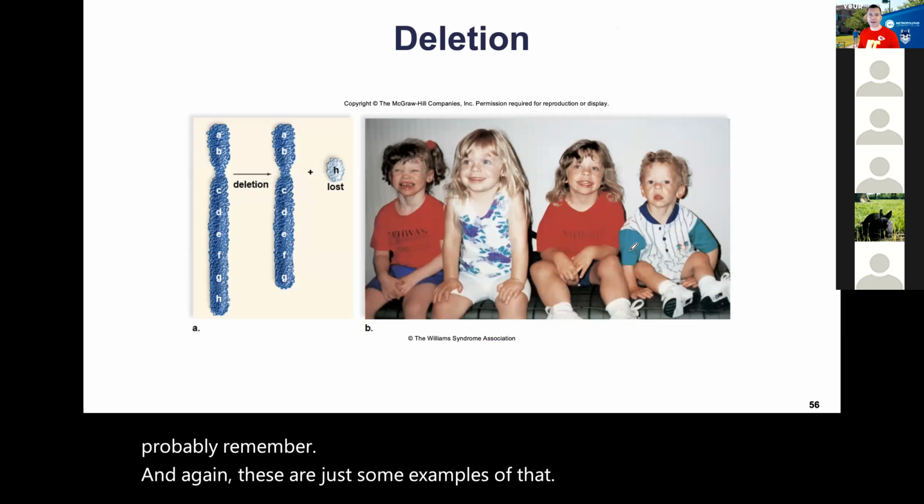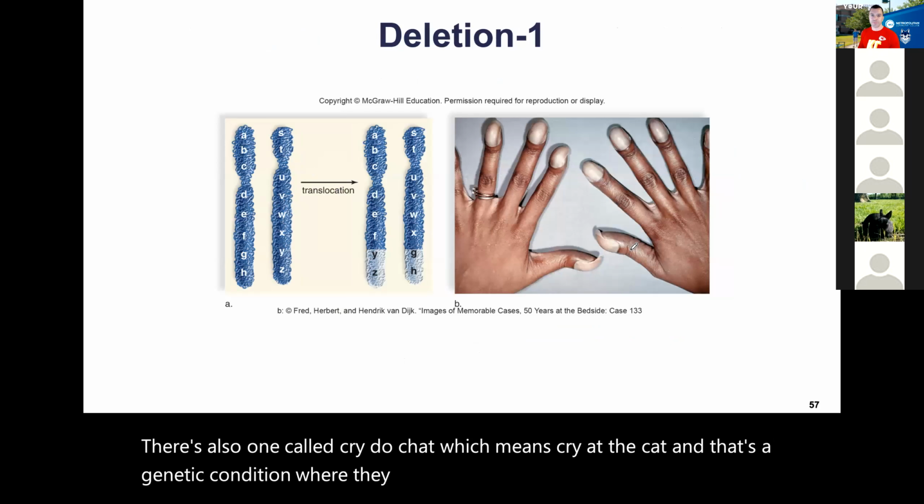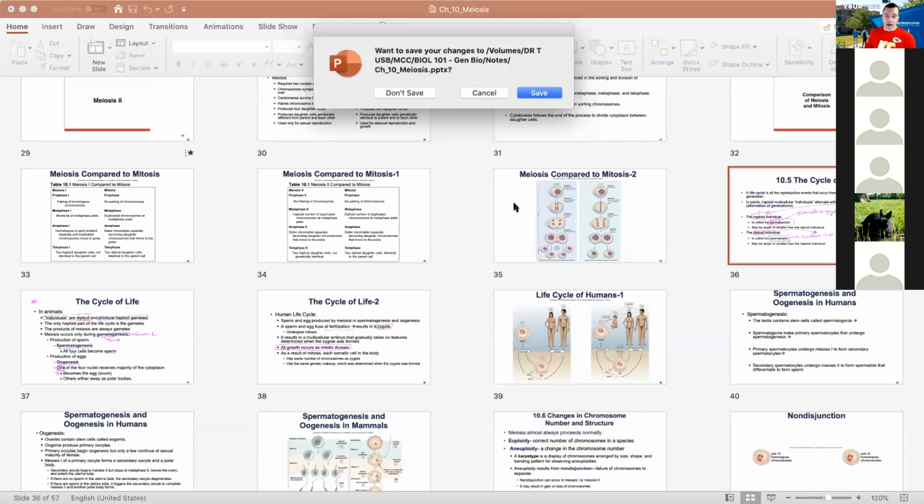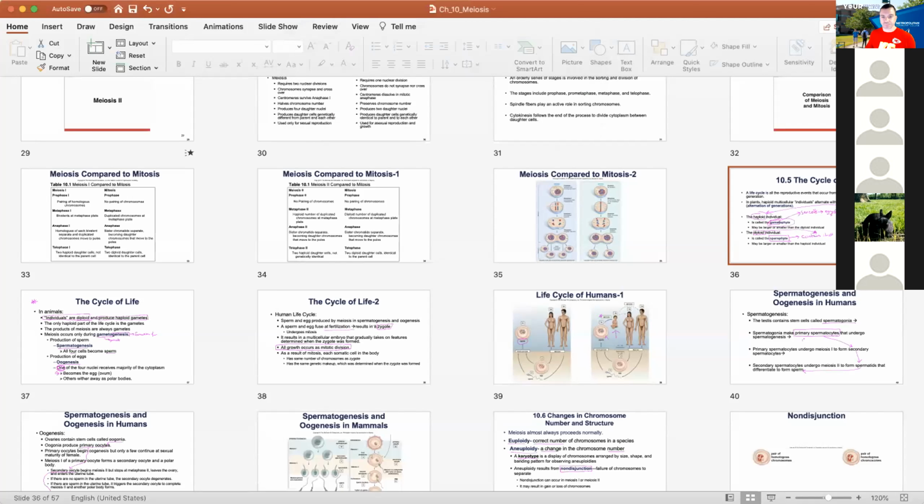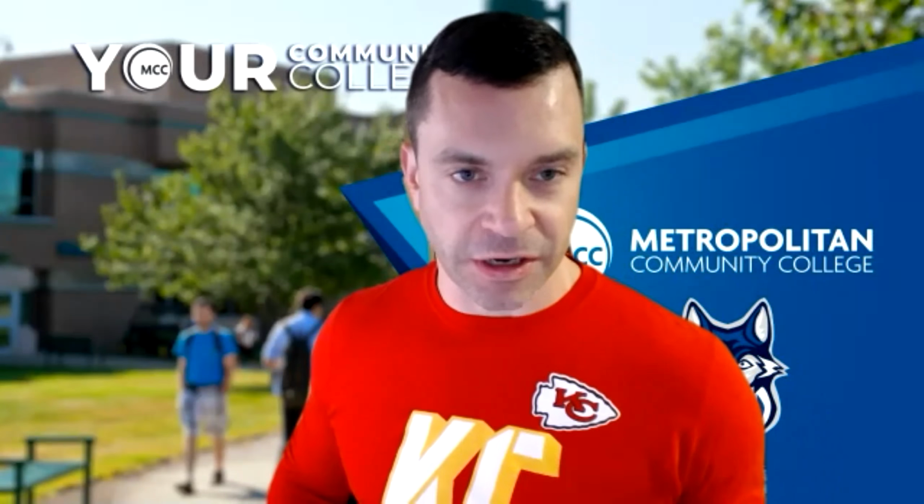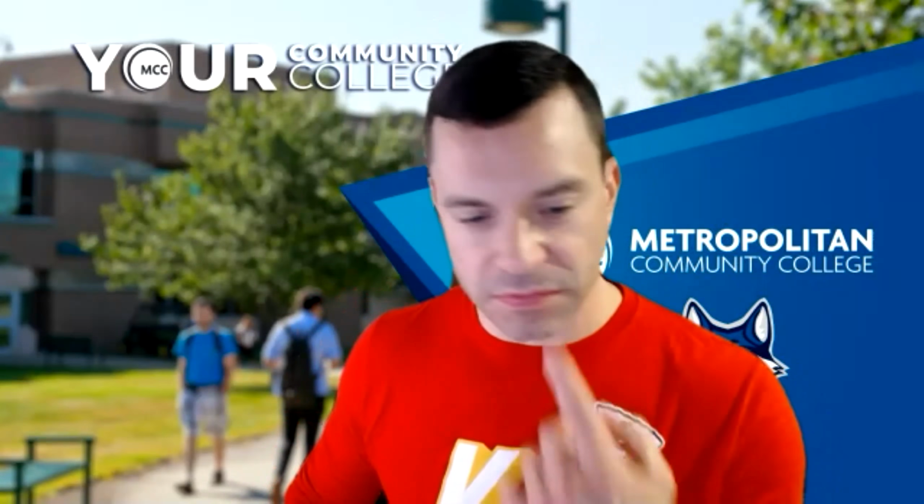There's also one called cri du chat, which means cry of the cat. And that's a genetic condition where you have malformations that are occurring within the larynx. And so when these kids cry, that and some tissue flaps